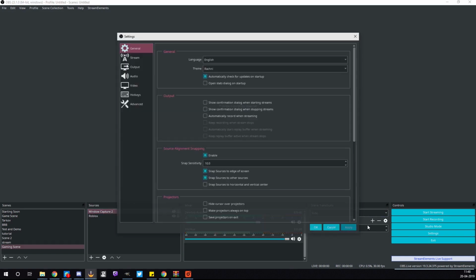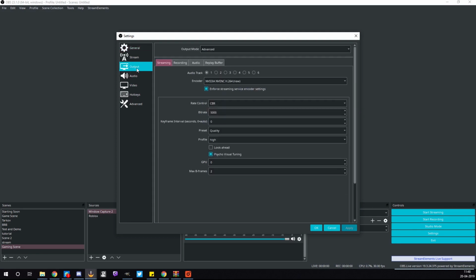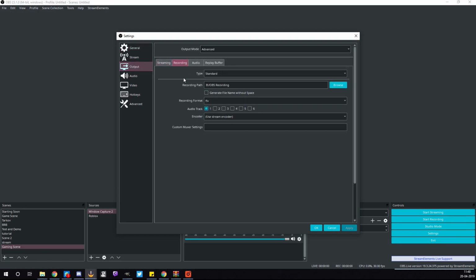Once you have your sources set up, once you have your gaming scene set up, you should open up your settings. Now when you go to your settings, you're gonna have a lot of stuff here. Don't worry about it. Go to your output, go to your recording, and make sure these are all what you need. And FLV is good if you're ever at risk of